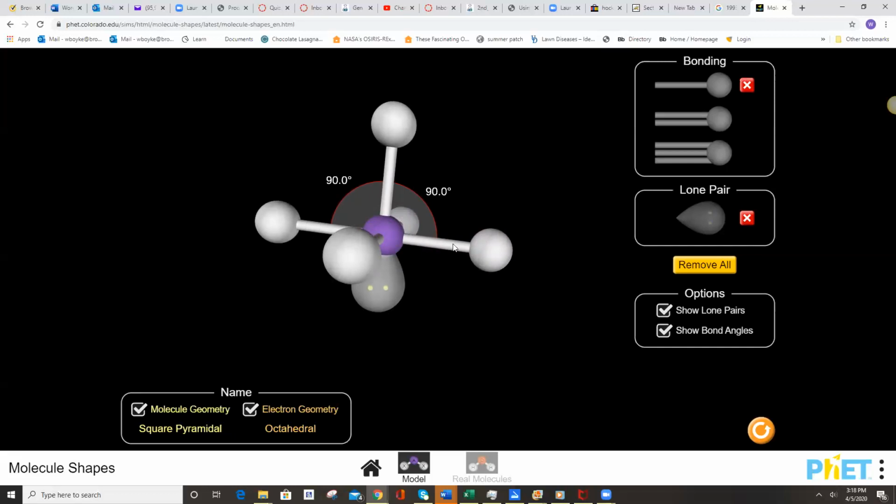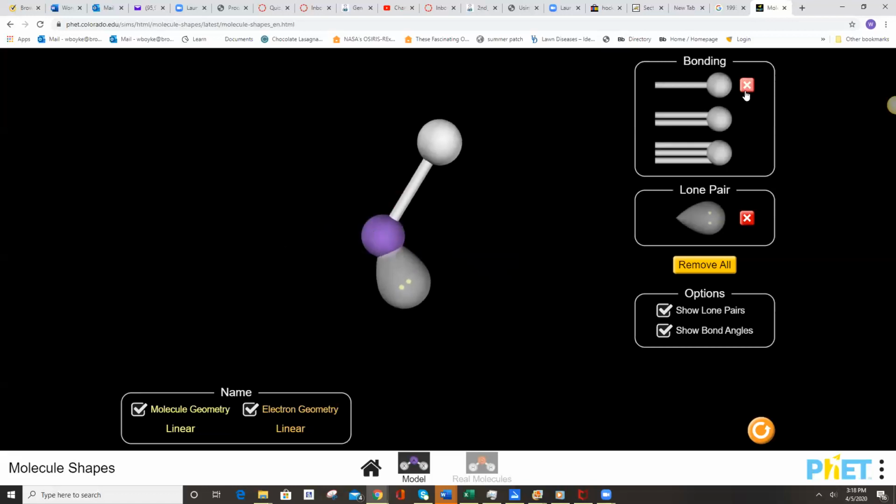Well, if we look at the outer atoms that are forming the base of the pyramid, this one on the left cancels out with the one on the right. The one pointed out at you is going to get canceled by the one pointing away from you into the screen. I definitely don't have anything to cancel off this one on top. So in this case, whenever you're looking at something that's square pyramidal, you're looking at a polar molecule. So this one's going to be polar regardless of what's happening with these outer atoms. If I go ahead and take off everything,